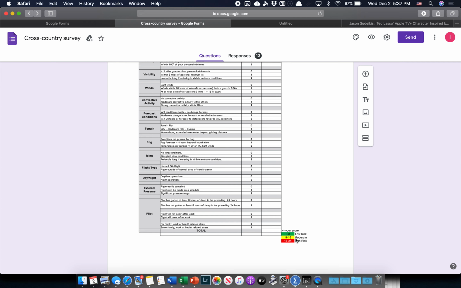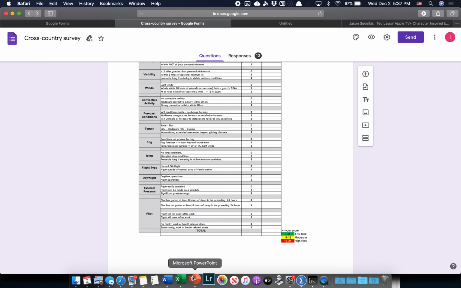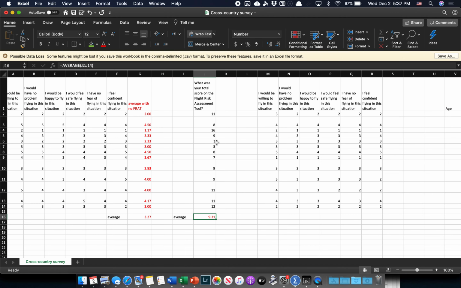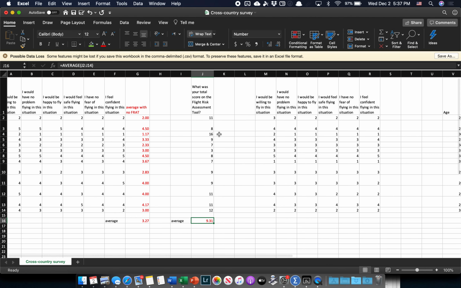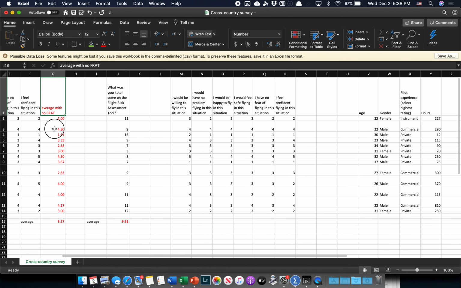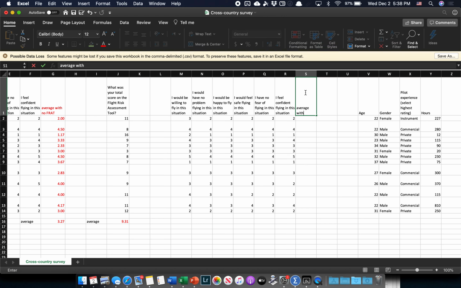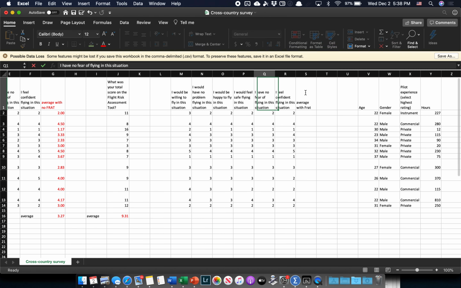So it should theoretically, by our hypothesis, one of our hypotheses was that there would be a difference when they actually sit down and calculate it and see, oh wow, there is actually some risk associated with this flight. So let's do the same thing we did over here and find the average with the FRAT tool, right? So with the FRAT,